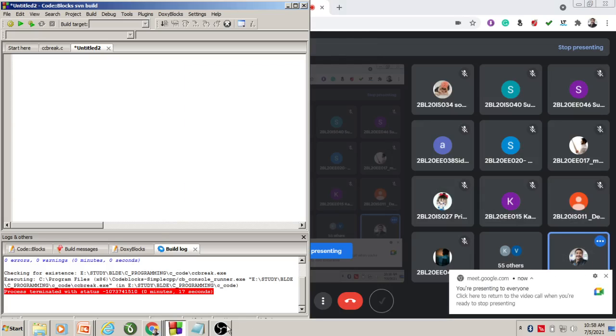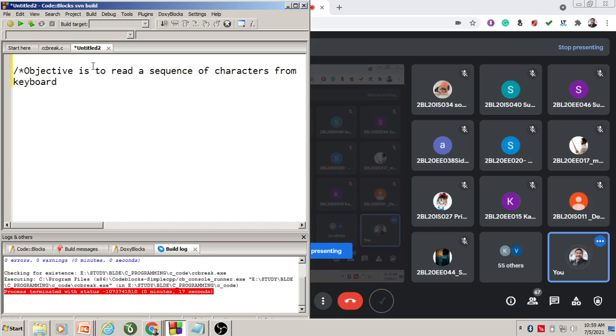My objective is, I just put this inside a comment. Objective is to read a sequence of characters from keyboard, okay, until I enter capital letter Y. So what I want to do here, I just want to read a sequence of the characters from the